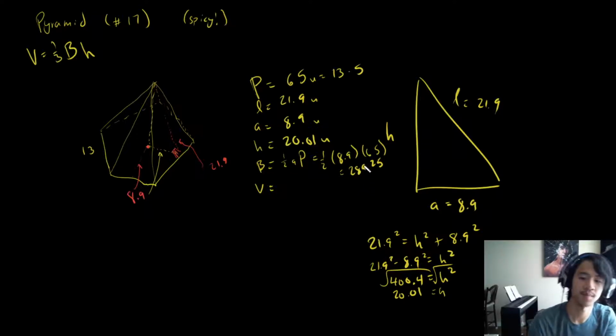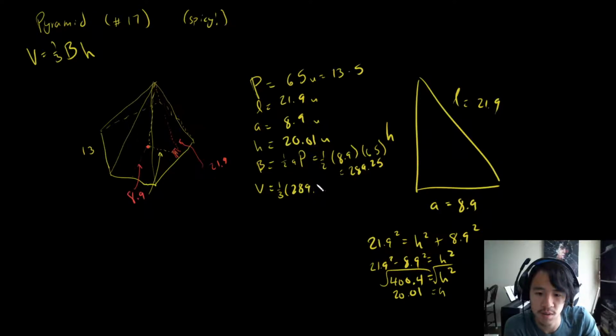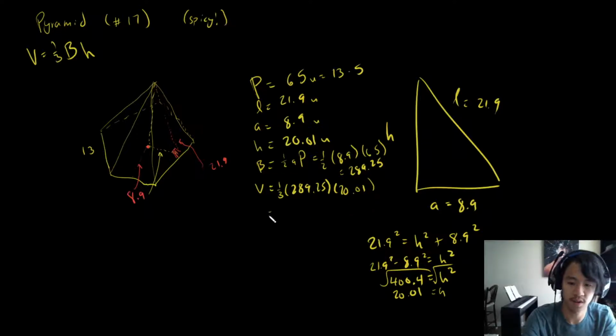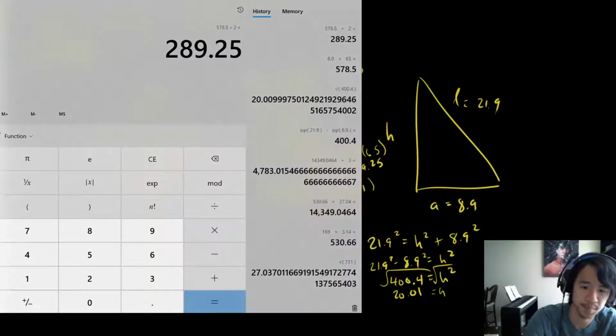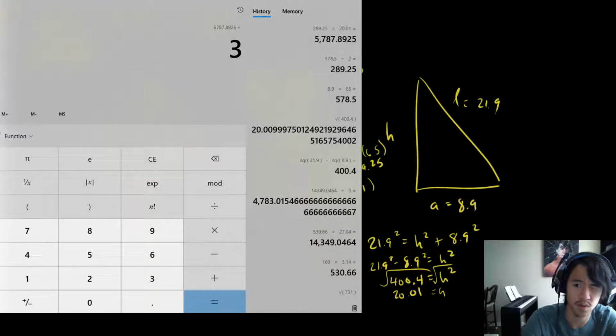All right. Now to find our volume, we're just going to plug everything into that formula. We have 1/3 and then times the area of the base, 289.25, times our height, which is 20.01. So let's go ahead and plug this into the calculator and see what we get. So this times 20.01 and divided by 3, and we get